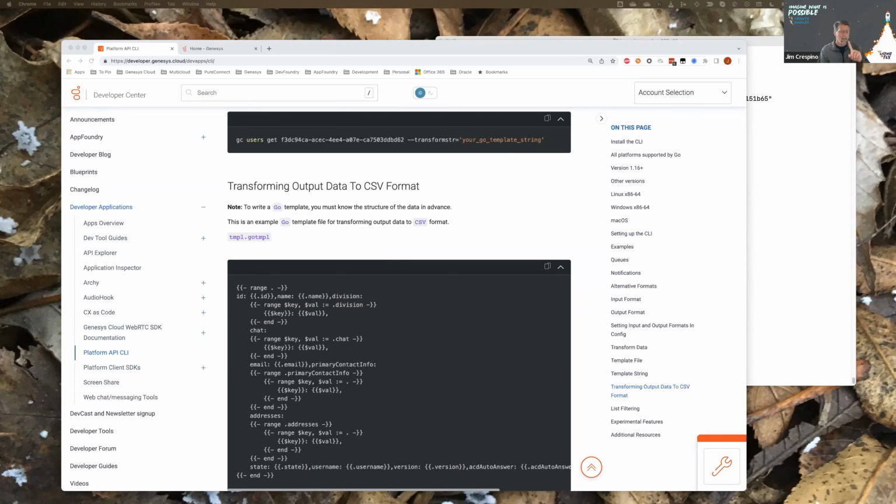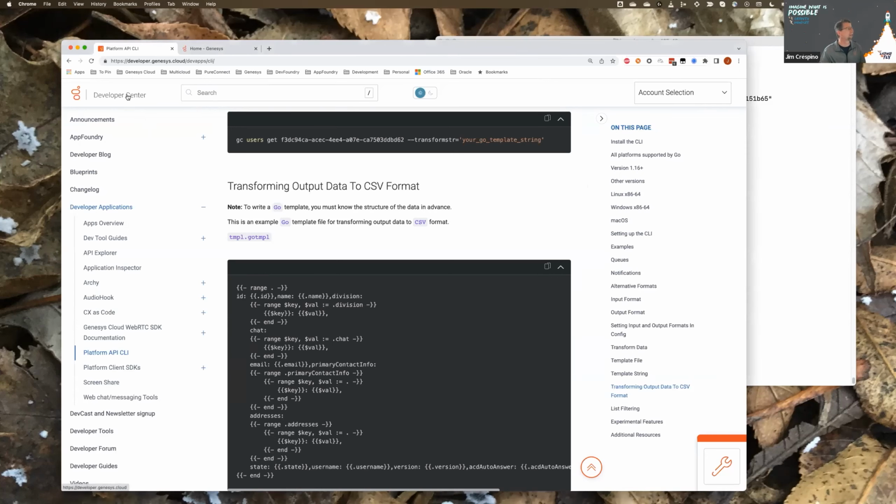So, yes, there is. And I actually touched on this topic in the November, I think it was the November DevCast. So there's a couple of ways to do this, Steve. Being notified in real time, there's a couple of ways. Let's just dig into it and talk about it. So first of all, how would you be able to trigger when you get that wrap-up code? So let's look at that.